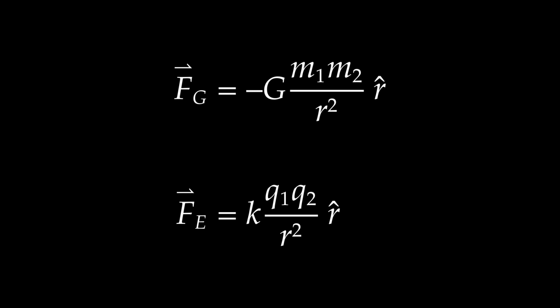The force is radial, and so I have an r hat. And I have a negative sign that indicates that that gravitational force is attractive. That is, if the r hat vector points radially away from the origin of my coordinate system, then the negative of that vector points toward it. And so I have an attractive gravitational force, and what was suggested was that the electrical force has the same